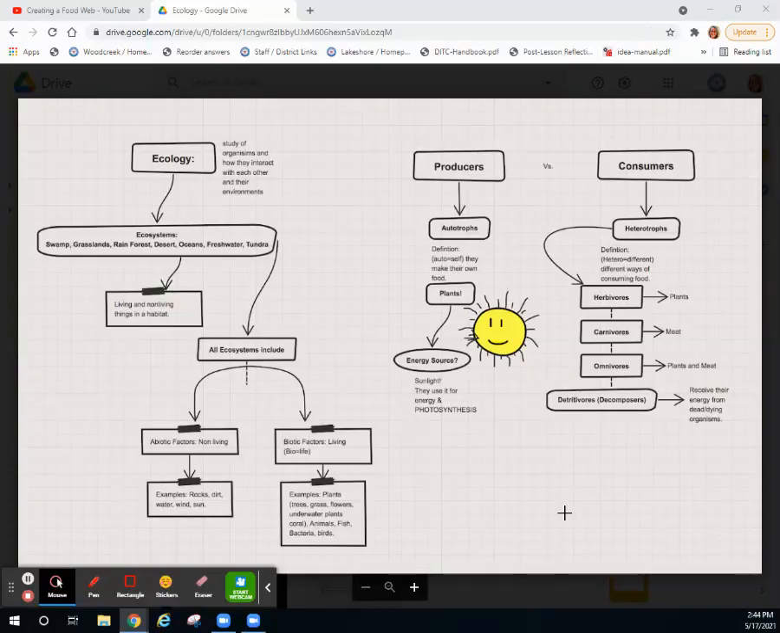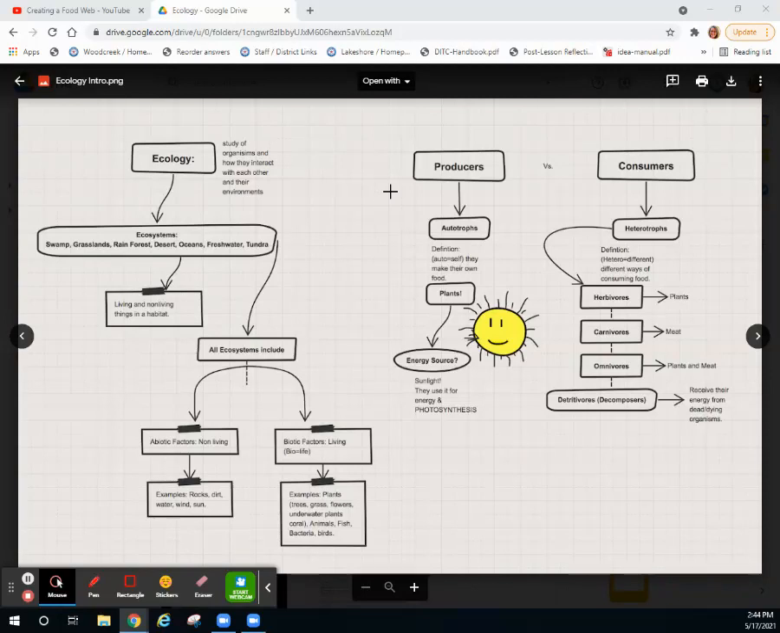So this is a graphic organizer that gives you an overview on ecology. Ecology is the study of organisms and how they interact with each other and their environments. In ecology, we study different ecosystems like swamps, grasslands that have little to no trees but a lot of vegetation,